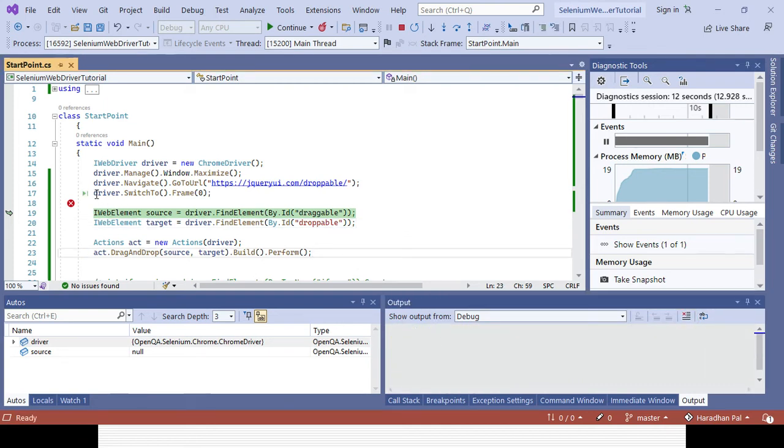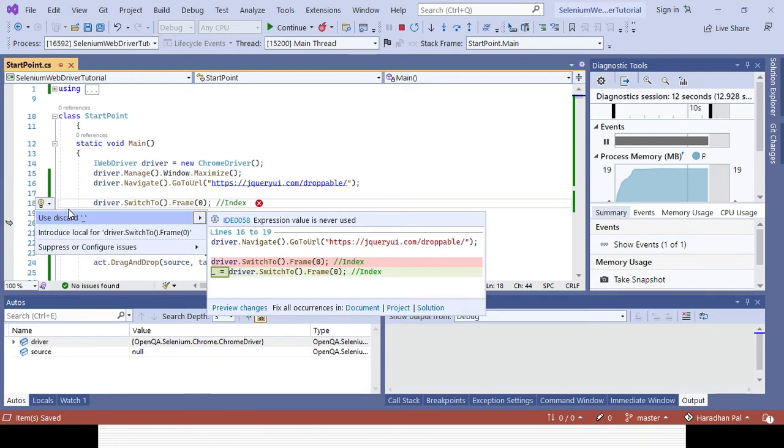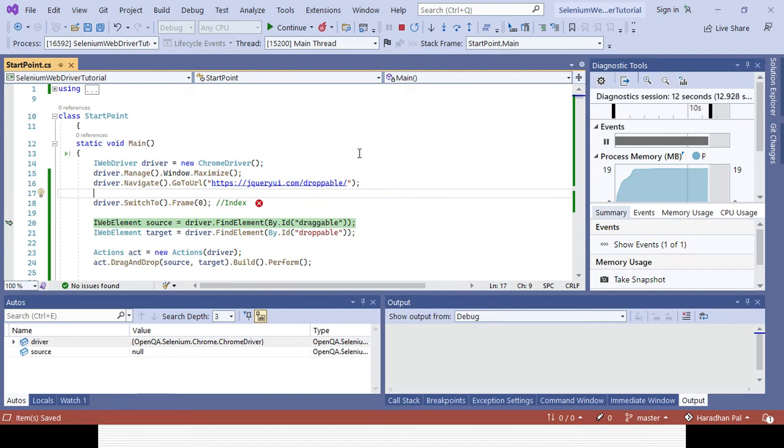So I am handling the frame with the help of the index. Okay, that's fine. Let's try to run the code and see, because no issues were found.